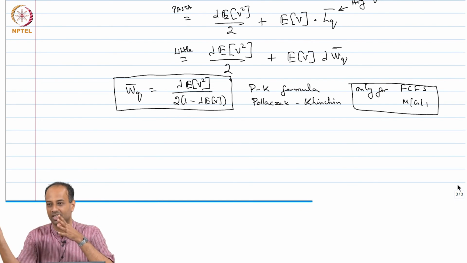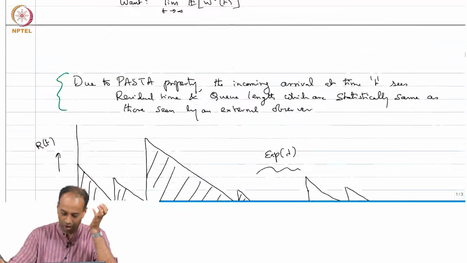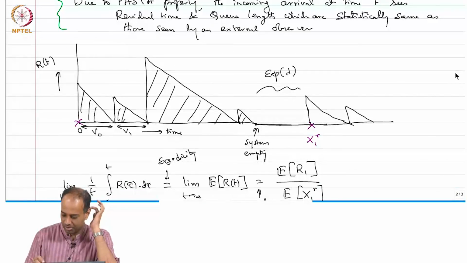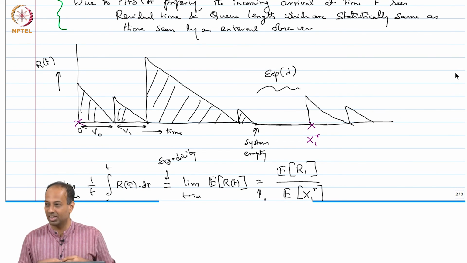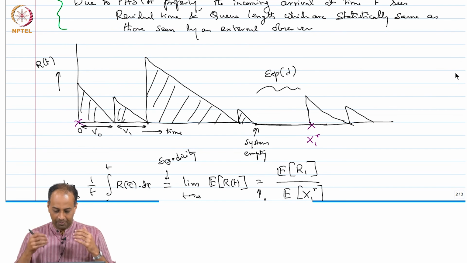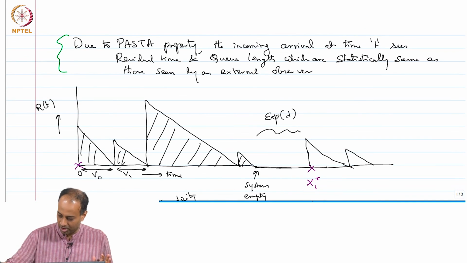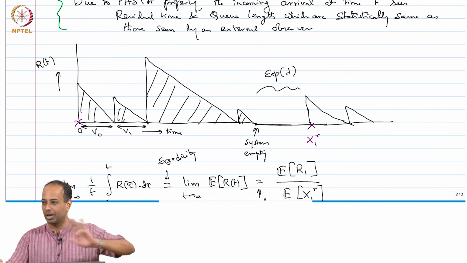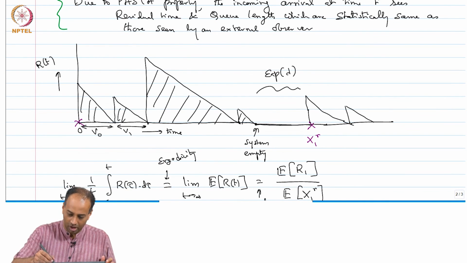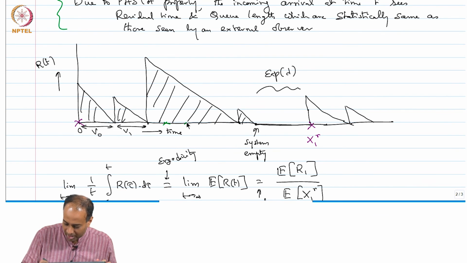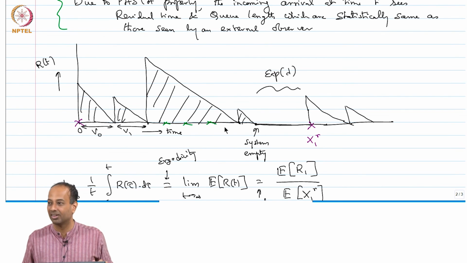So, some are small and some are big. The way I have drawn it, for example, I have drawn some small triangles and big triangles, right. So, typically when you have a scenario like this with all these isosceles triangles, the arrival process is a Poisson process, which is uniform, coming at a rate lambda. So, if you draw the arrival process, more arrivals are going to come here, right, and very few arrivals are going to come during